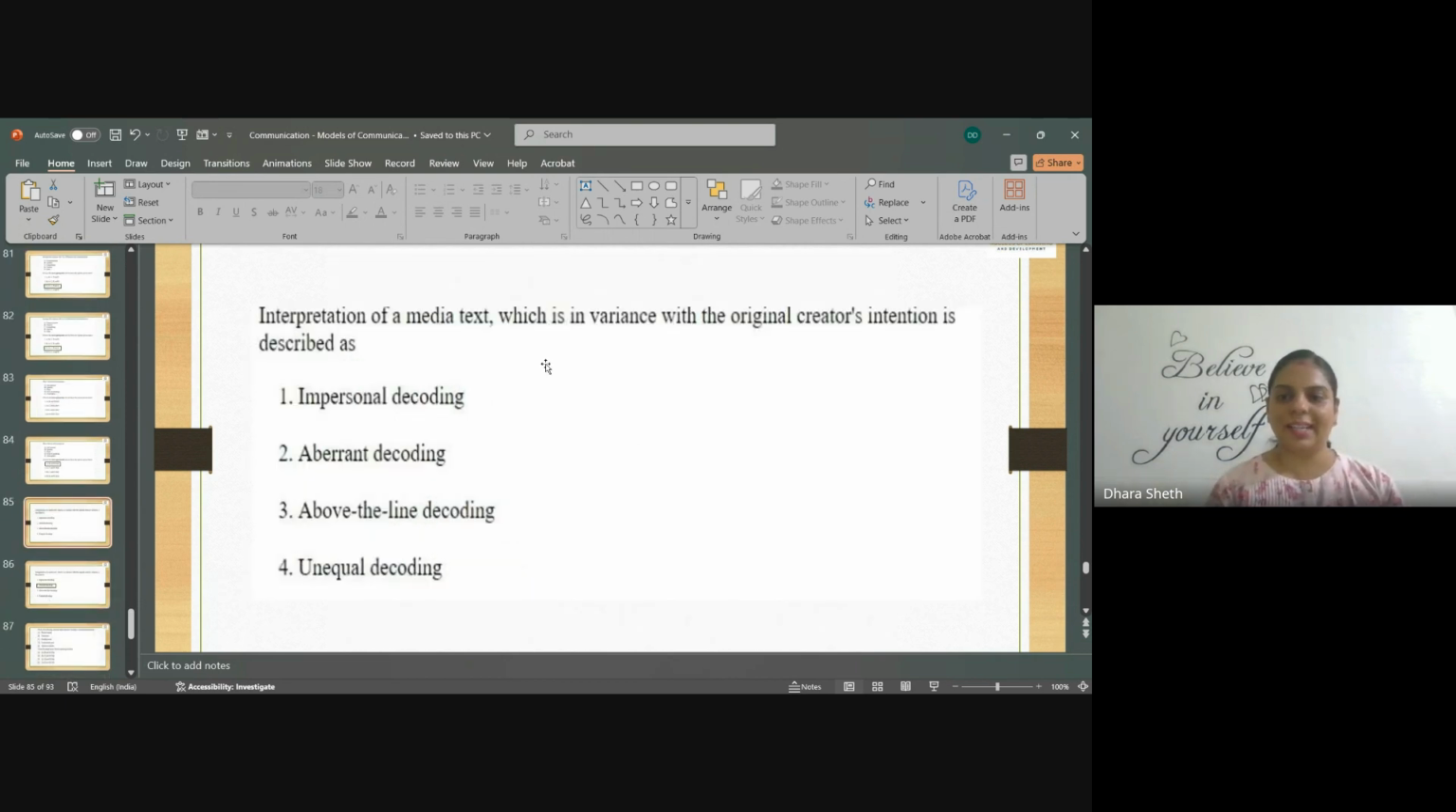Interpretation of a media text, which is in variance with the original creator's intention. So the interpretation is not the same as what the sender intended. The sender wanted to send the message as ABC, but the interpreter read it as BCD. This is called